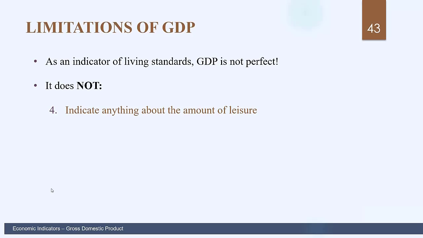So nothing about leisure is indicated in the official GDP figures. Also, it doesn't say anything about negative externalities. It doesn't say anything about pollution. Pollution has costs. It's not something we want to have in our environment, but the costs of this aren't subtracted, for example, from GDP. So we could have very high growth. We can score very well in terms of our economic wealth, but we might have serious problems with our environment, and these could cause health problems. These are not going to be included in gross domestic product.